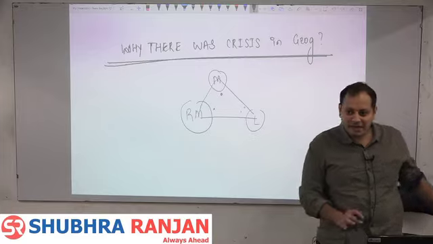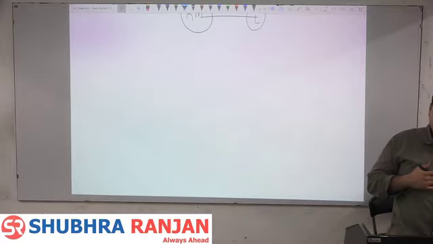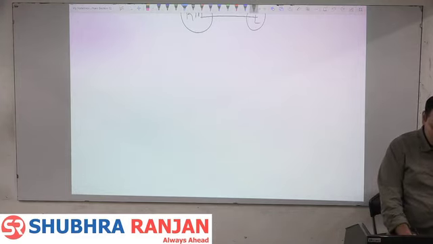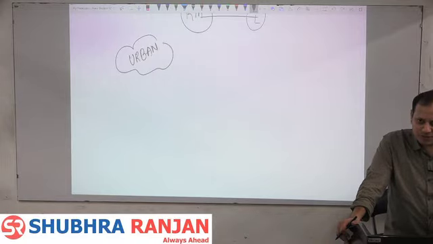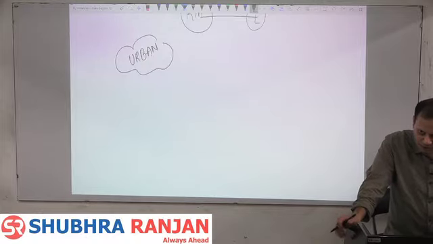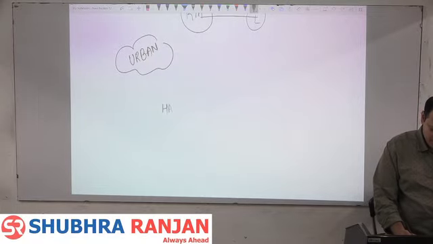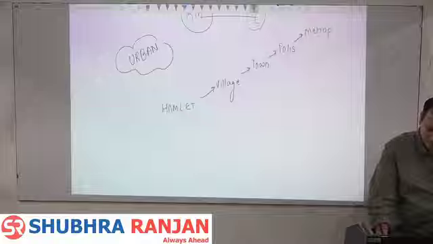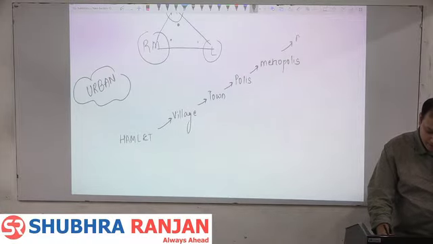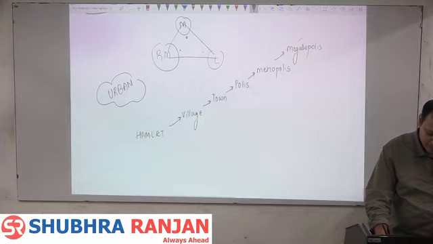Fine? Or Patrick Geddes was another influencer of geography who tried to influence geography in terms of urbanization, because Patrick Geddes was a sociologist by thinking, and therefore he took Darwin's evolution theory into urban geography in terms of the hamlet. Hamlet will get converted into village. Village will get converted into town. Town will get converted into polis. Polis will get converted into metropolis. Metropolis will get converted into a very big city, megalopolis. And ultimately it will get converted into